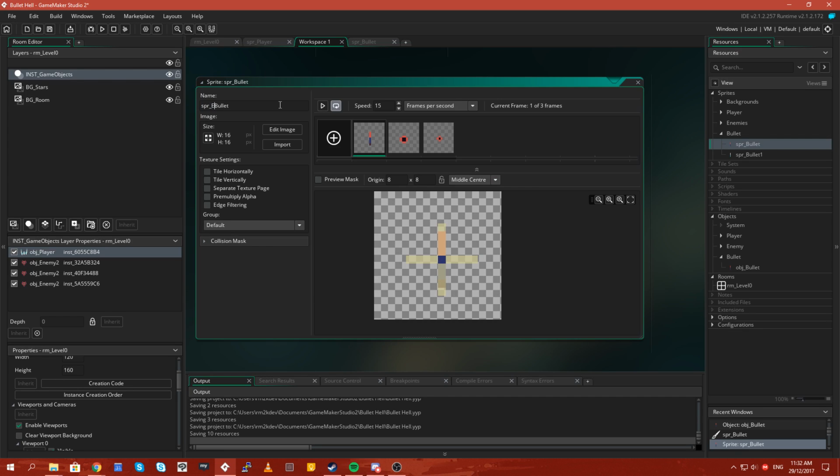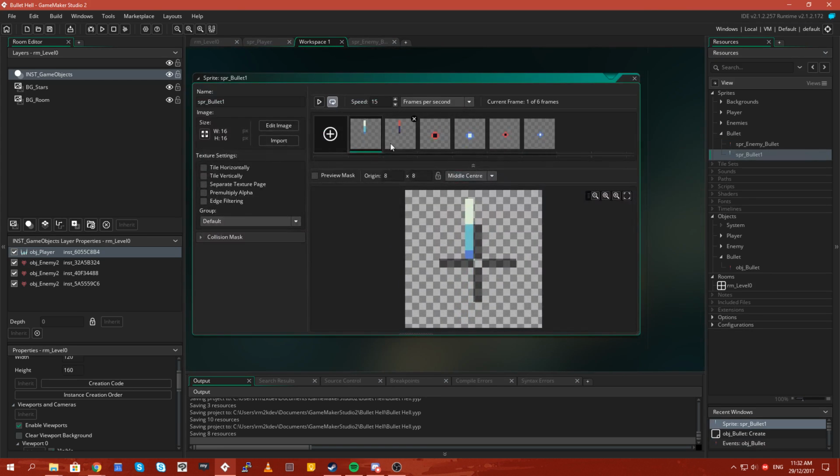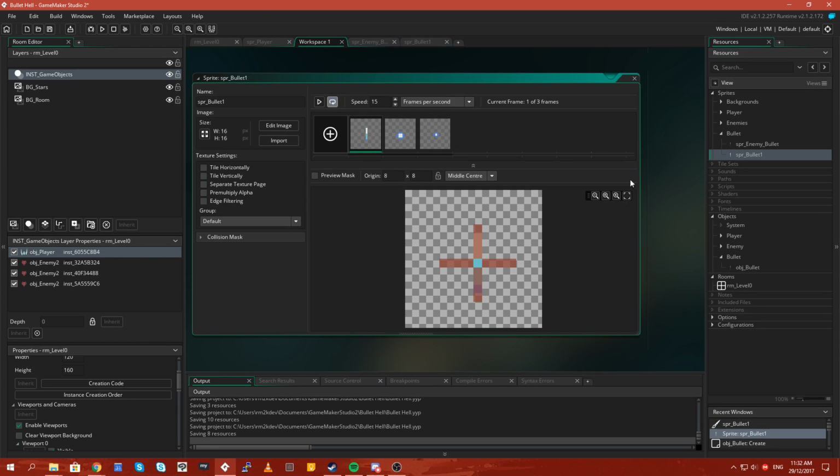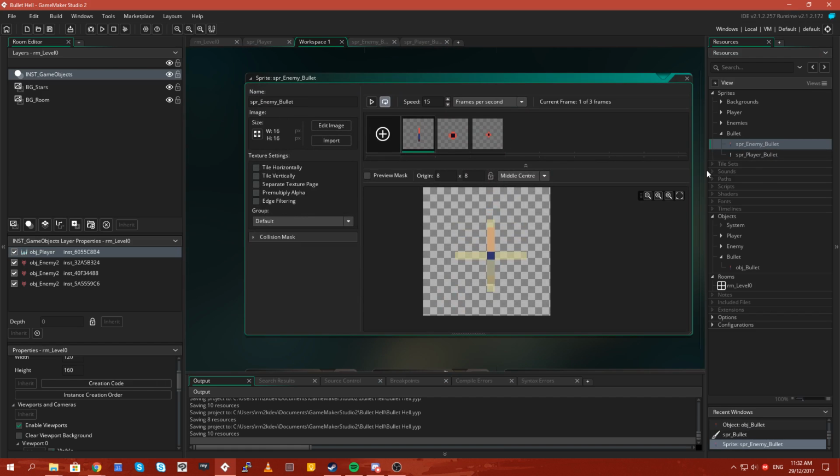So we'll call this enemy bullet. And then we'll do the same thing for this one, but this one is going to get rid of the red sprites. And we'll call this player bullets. That one's okay, that one's okay. That frame needs to be edited so that it moves down to there. And we'll call this player bullet. There we go. That way we can differentiate with the colors. So we have enemy bullets and player bullets.